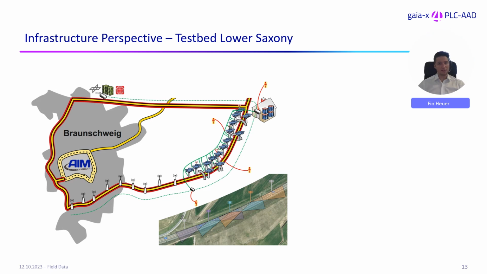So, in this project, we performed several test drives on different test locations. One of these test locations is the testbed Lower Saxony, which is a research infrastructure by the DLR. This testbed is located near Brunswick on a public motorway, here A39, and is equipped with a camera-based object detection system. This object detection system covers a length of approximately 7.4 kilometers and detects and stores the information about passing objects throughout this area.